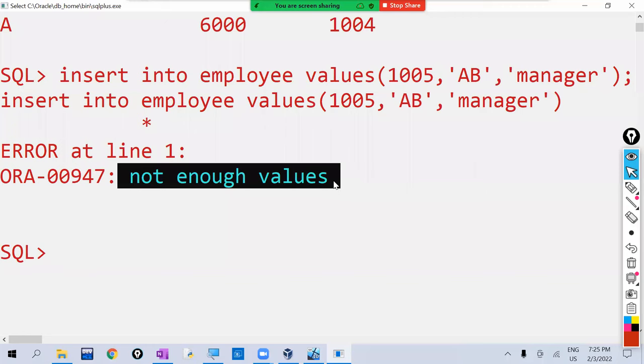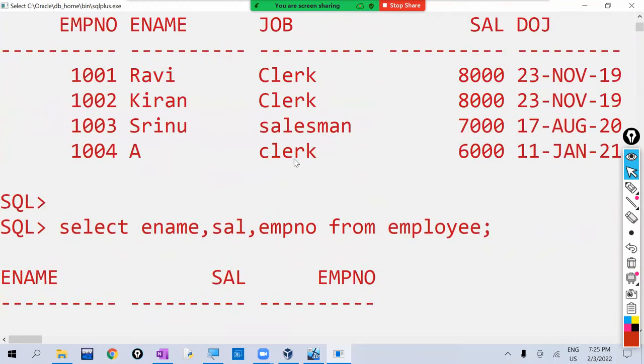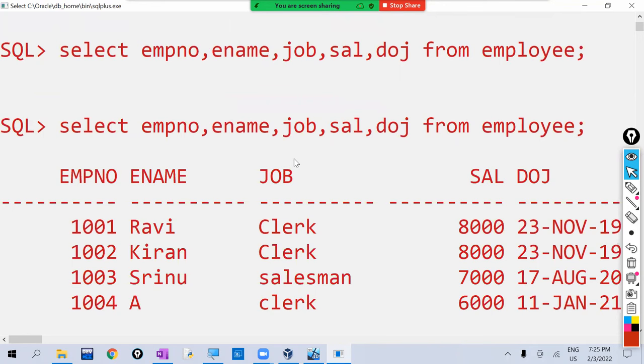How many values are we giving here? 3 values. So that's why it is telling that not enough values. If you give 5 values, it is inserting. Previously we inserted all 5 values and it worked. So here, for limited column values,